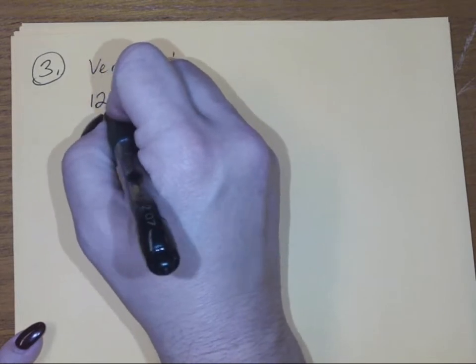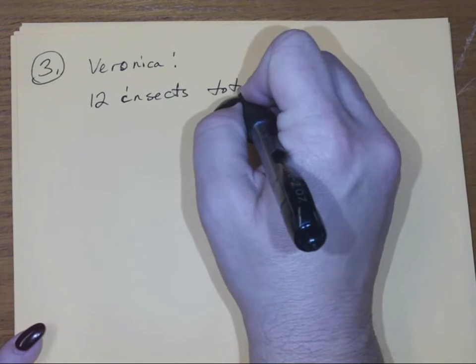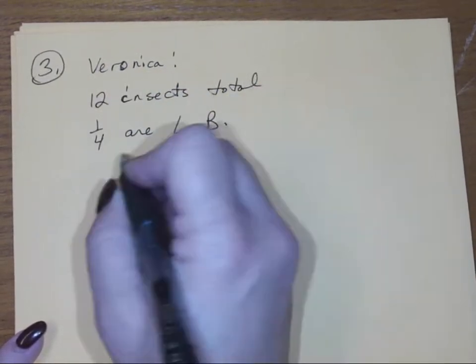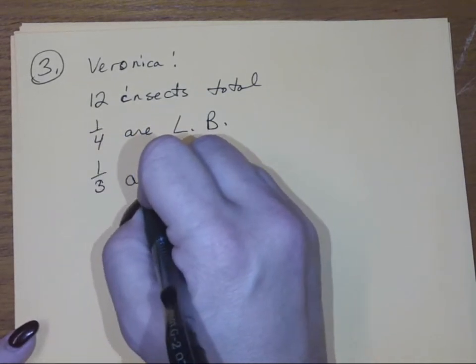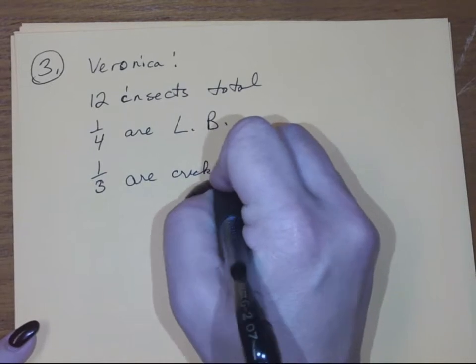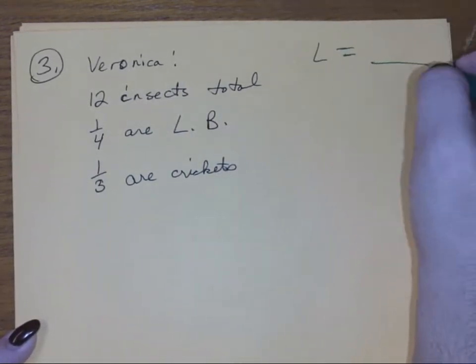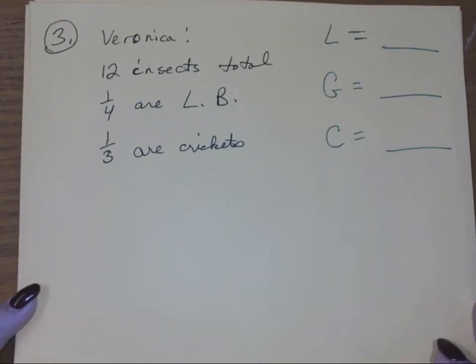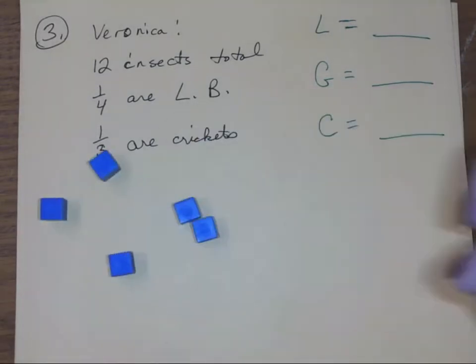Her collection is 12 insects total. 1/4 of them are ladybugs. 1/3 of them are crickets. And of course she's got the blanks: L equals, G equals, cricket equals. We don't know, but we're going to find out, right? Okay, 12 total. So I'm going to stick up 12 blue guys here